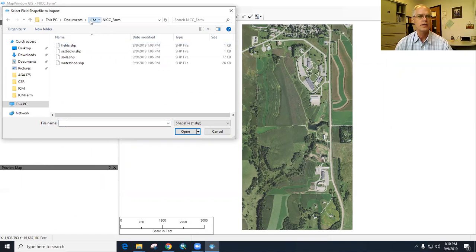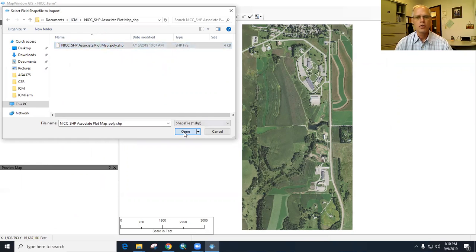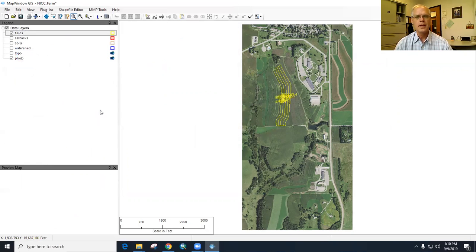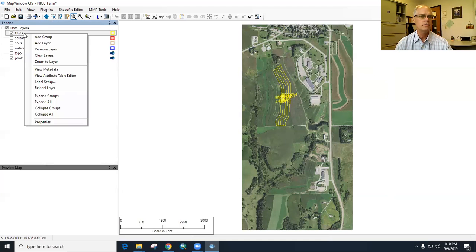Oops, not the one I want. That was the one from the Clipper. This is the one I want, the plot map. Open that up. And what that will do is it'll create some fields here already. And it looks like they're already labeled. I think if I come in here,